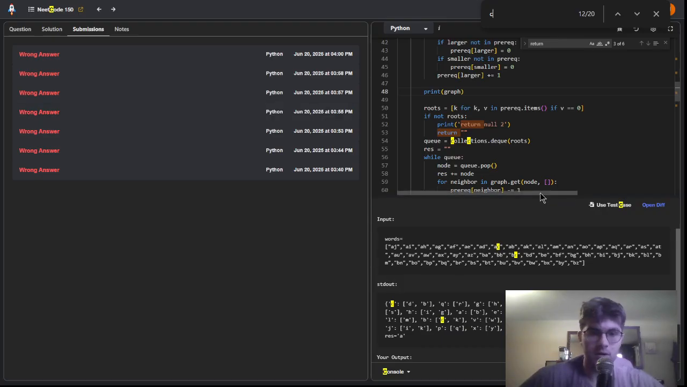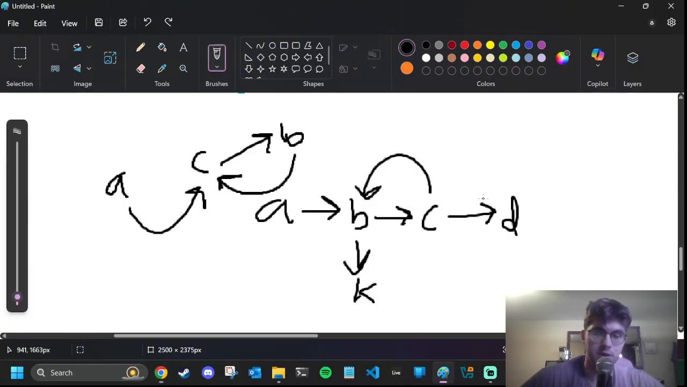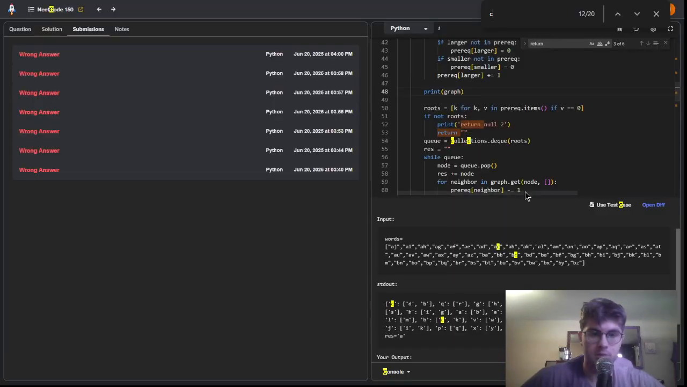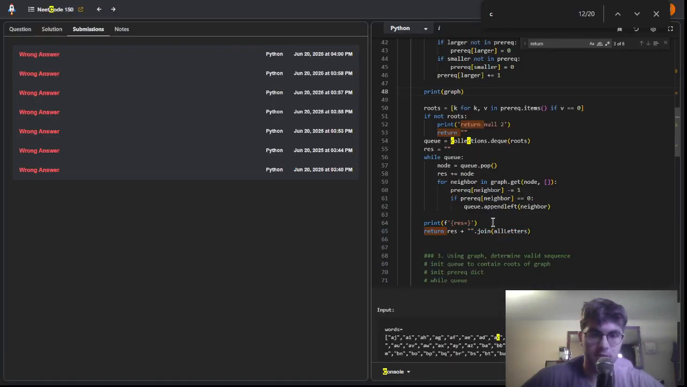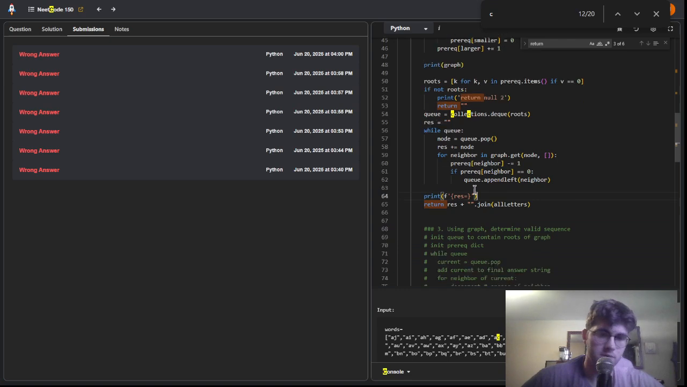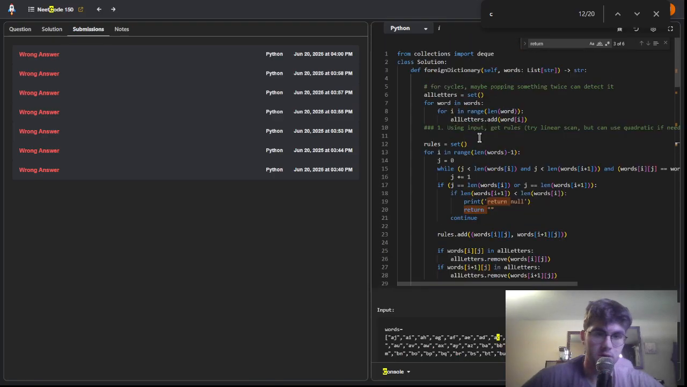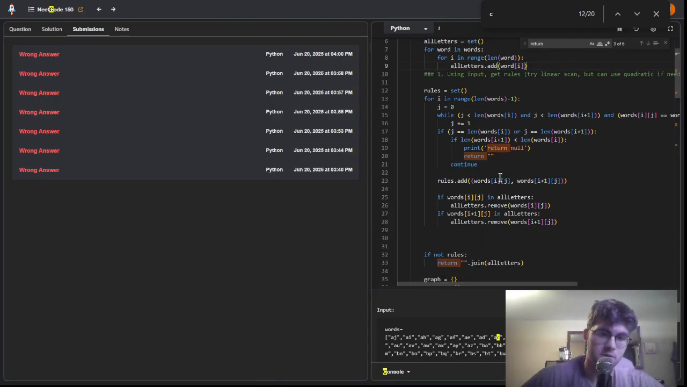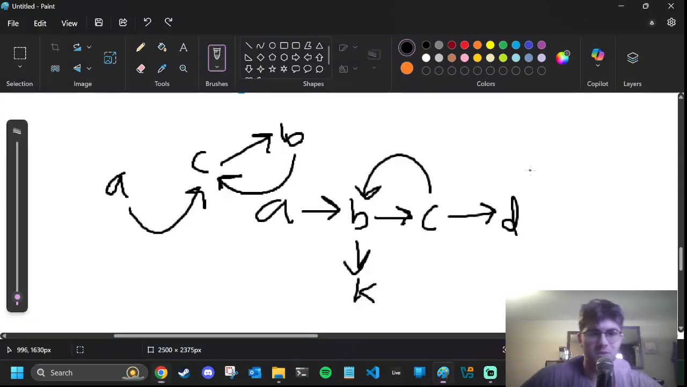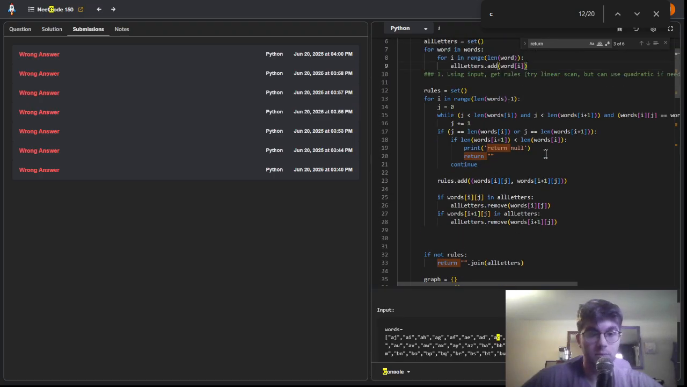So I think maybe a way around it would be we just keep track of the number of nodes that we visit, or I guess that would just be the result. If result doesn't equal the length, so like, what are all the nodes? Okay, so we actually do need to know all of the nodes. So what I'm going to do for that